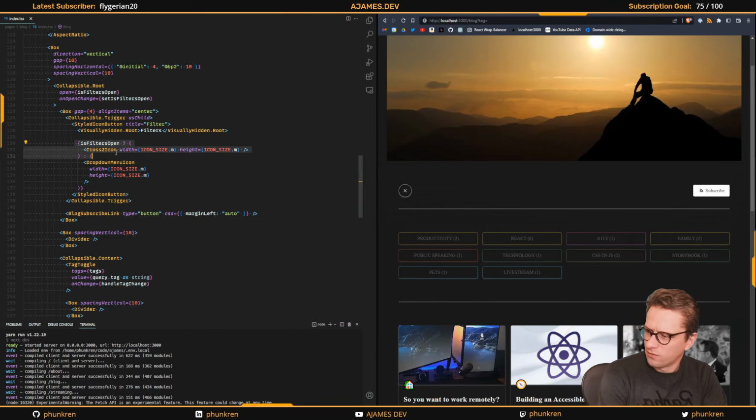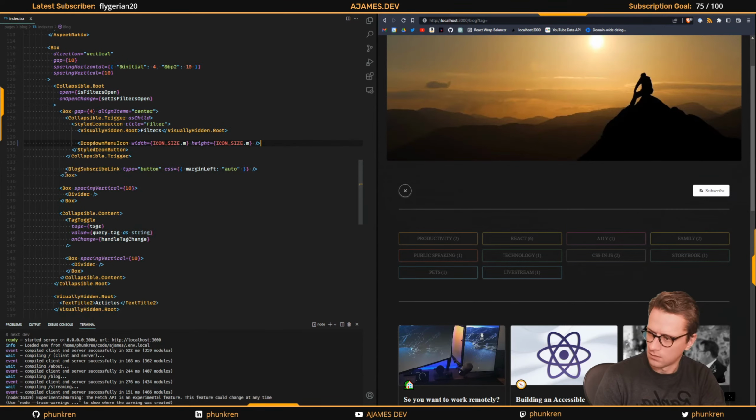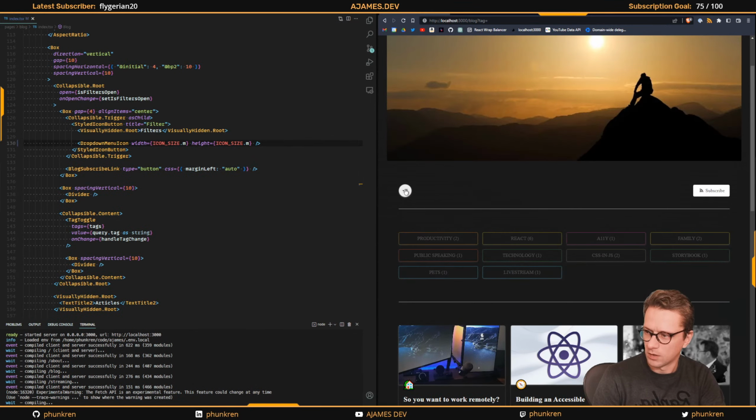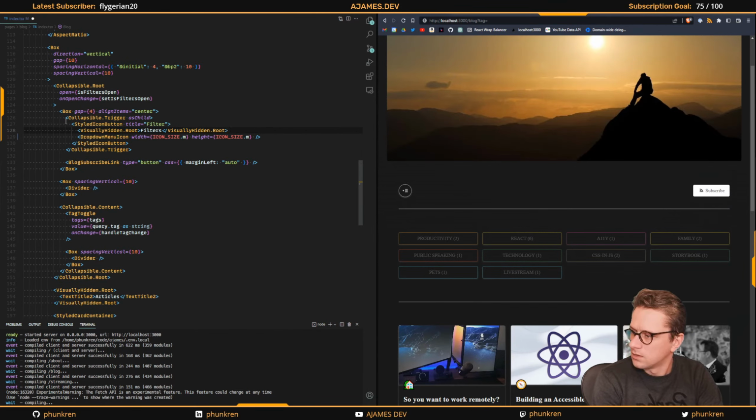If I just take that off, then we'll just have this regardless, which is what we want. This entire thing is our collapsible trigger. It's inside a box. Let's do